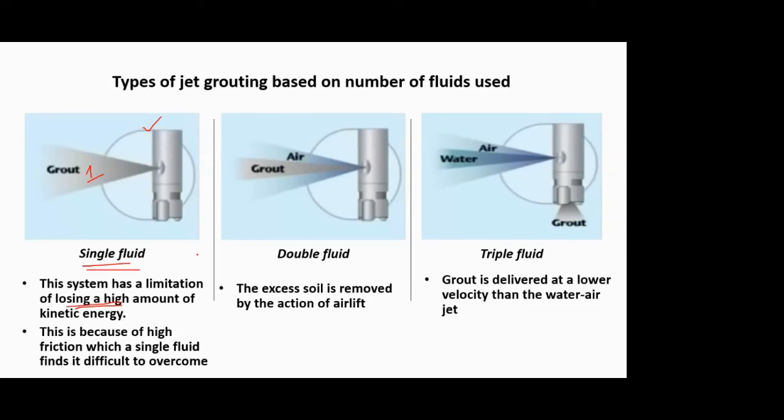So to overcome that, we go to the second type, that is double fluid. Now in this, you have the same nozzle, okay, nothing changes. The only difference is now from that nozzle, two fluids are coming out. One is the air and the second is the grout. And if you see the structure also, the grout is in between and there is air which has been wrapped around the grout. Okay. Now it might seem a very theoretical or non-practical concept, because you will say, how come air will be wrapped around the grout.